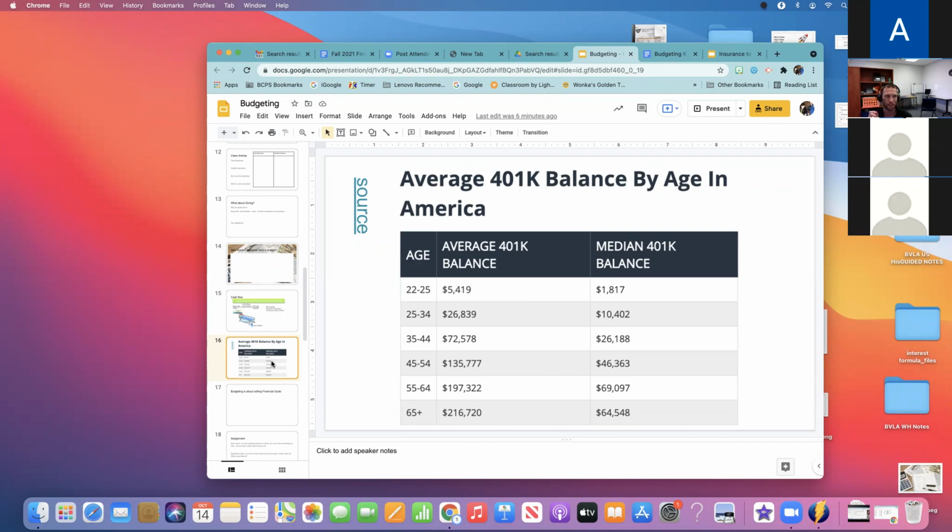This is a glaring example to me, or proof or evidence, of how bad the inequality of wealth is in the United States. Because the average 401k balance is much larger than the median balance, you have a few people at the top who have large sums of wealth in their 401k balance, and you have the majority of people having way less than that. Okay, does that make sense?